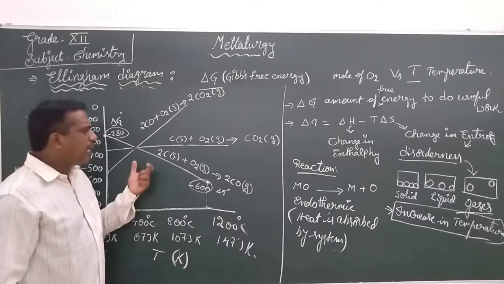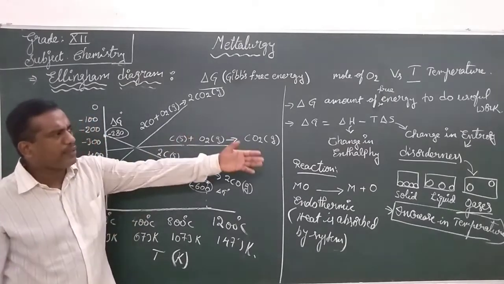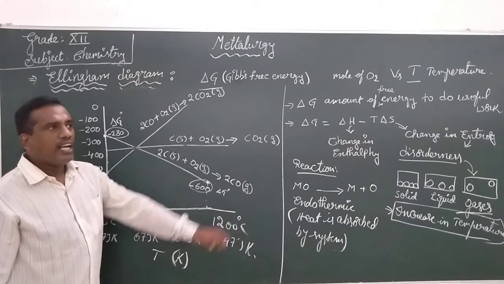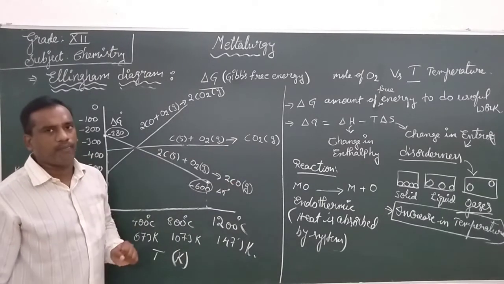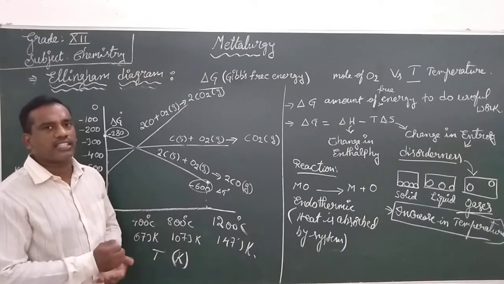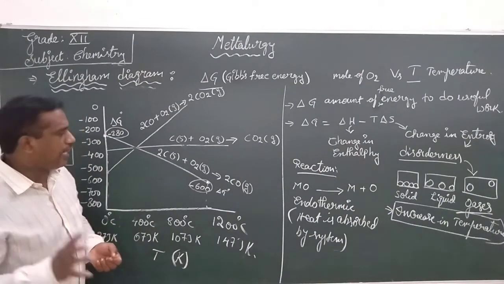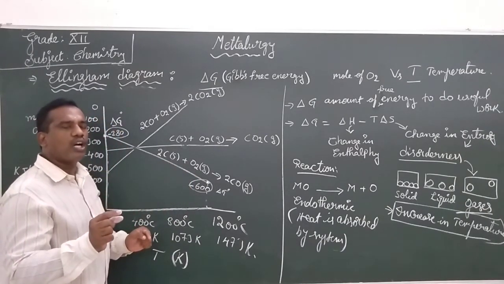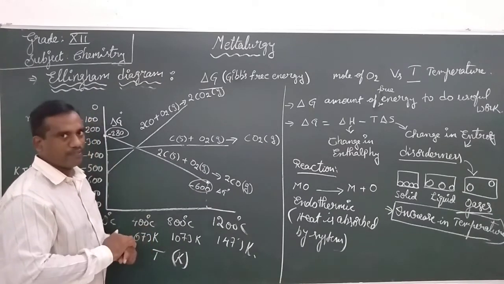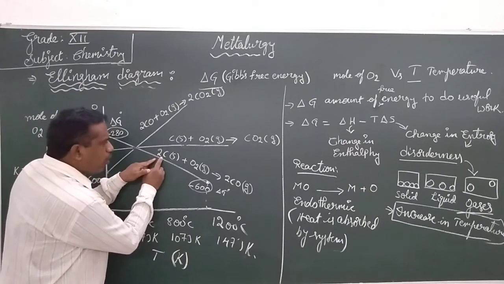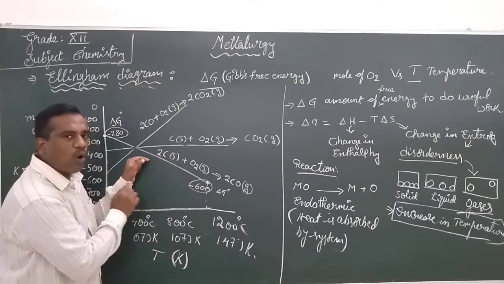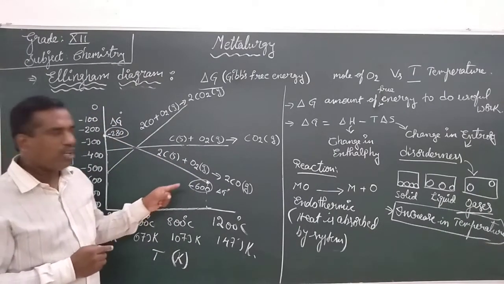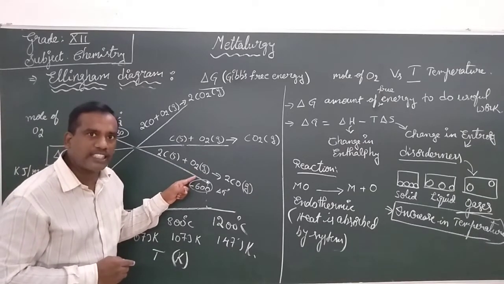Let us compare this topic into the entropy. What is entropy we discussed? Entropy is the disorderness of the system. I just want to give the main key. In the reactants, how many moles of gaseous substances are present? You can see there are 2 moles of solid substance, that is coke, and only 1 mole of oxygen gas is present.